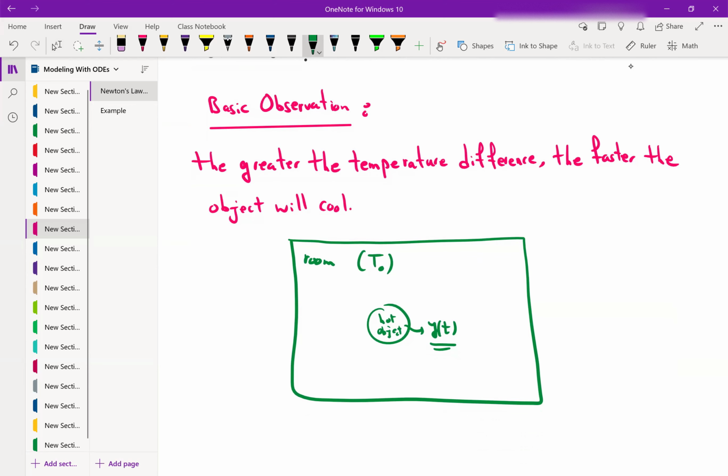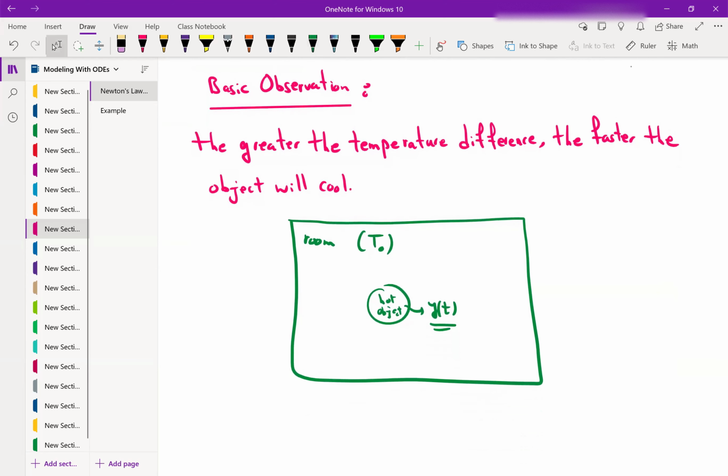So this is the key observation, based on what's happening in the real world. Physicists observed that the rate of change in the temperature, the rate of cooling, is proportional